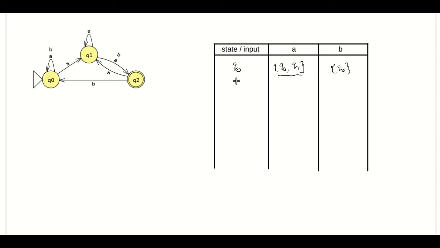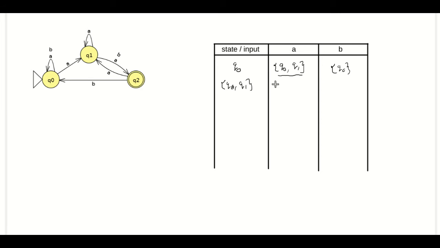We consider this entire set as a new state. The procedure is, next we note down the new state in the left state column and find out the transition for this new state. From that transition we may get another new state, then we find out the transition for that new state and continue until there are no other new states. Let us write Q0 comma Q1 here. This is a new state, and next we draw the transition for this state.